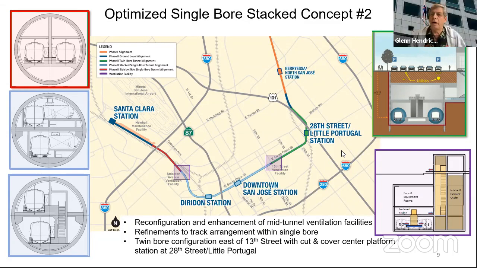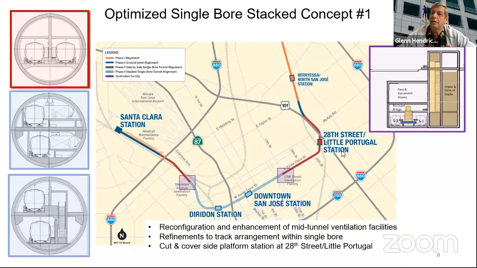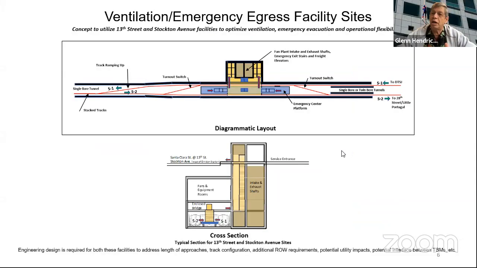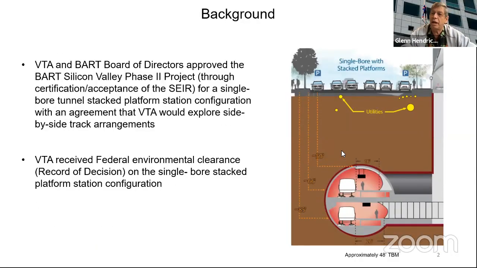Yeah, thank you. We heard a lot of technical stuff here, and I just wanted to kind of play back a few comments to see if I'm understanding this from a policy perspective of what we have. So thanks for the presentation. It looks like what we're saying is the large 56-foot single bore tunnel is not viable, and we're no longer going to be pursuing that. The 48-foot single bore stacked option is what is our record of decision, and we're continuing down that path. That prevents us from having to do cut and cover work in downtown San Jose.